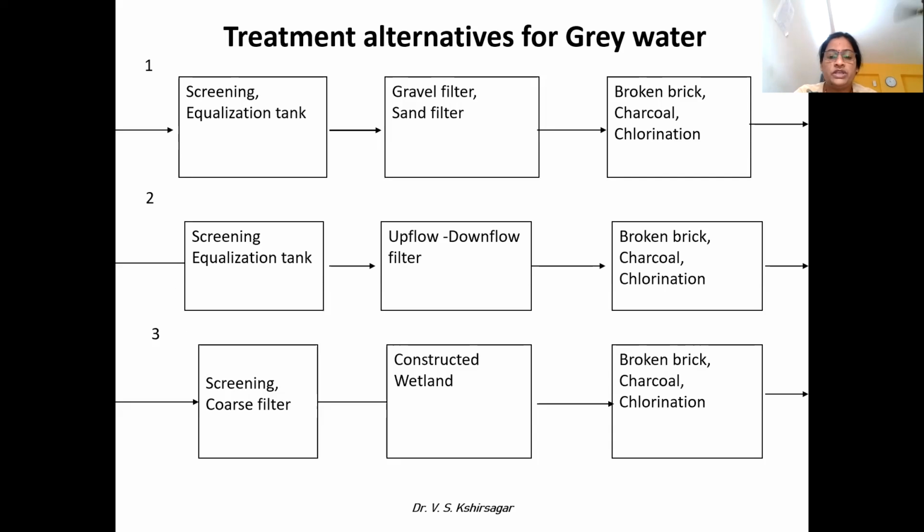Okay. So here, what is the wetland? We were talking about the constructed wetland, where an artificial wetland can be constructed. In the bottom layer, you can provide rocks. Then above that, there will be brick rocks. Then above that, there will be some coarse material. Then above that, there will be a